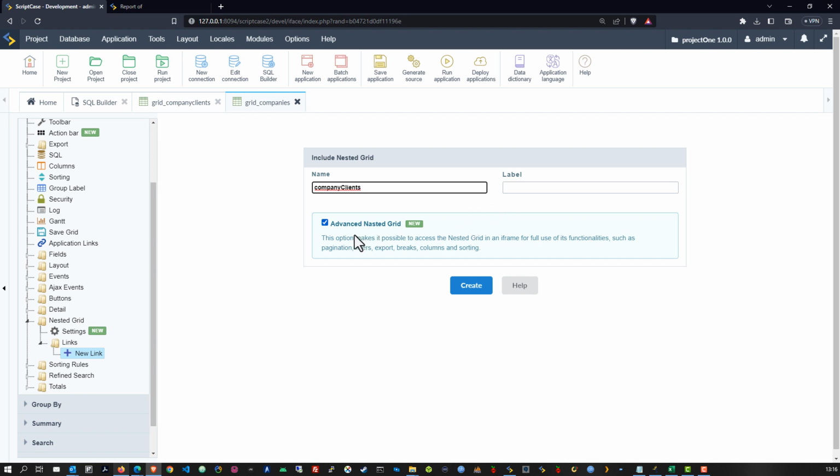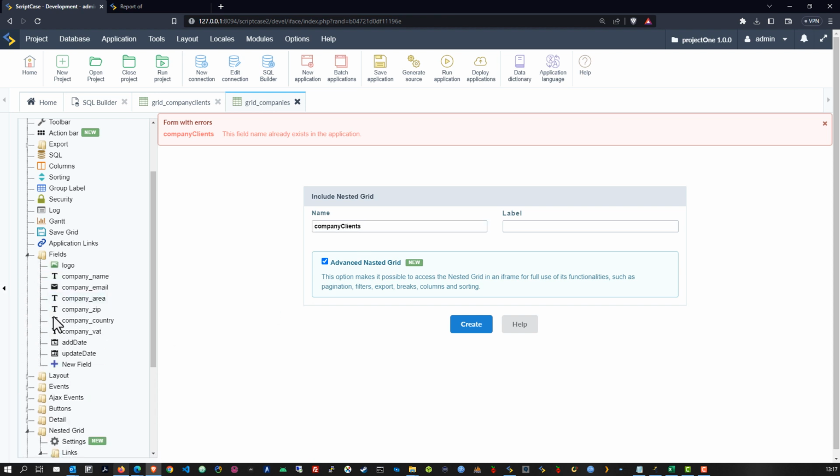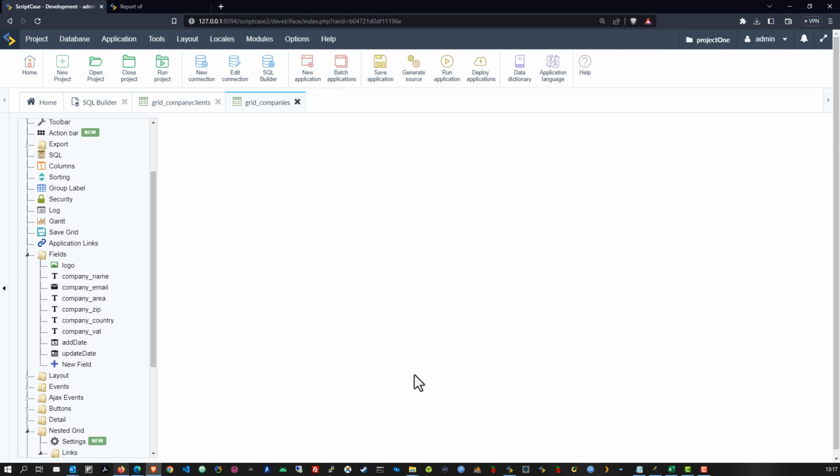And I have the choice of an advanced nested grid. I'm not going to pick that. I'm going to click then the create. It tells me the name already exists. So if I look here in fields, well, it's not there, but it may be somewhere else within the application. So let me then add an underscore there, and separate that company_clients, and there we are